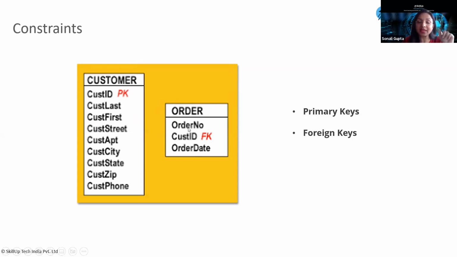But now, since we are connecting it to the customer who is placing the order, we should have customer ID. So this customer ID in this particular table becomes your foreign key. And this is how these two become related to each other. So here it becomes your primary key, but here it becomes your secondary key.